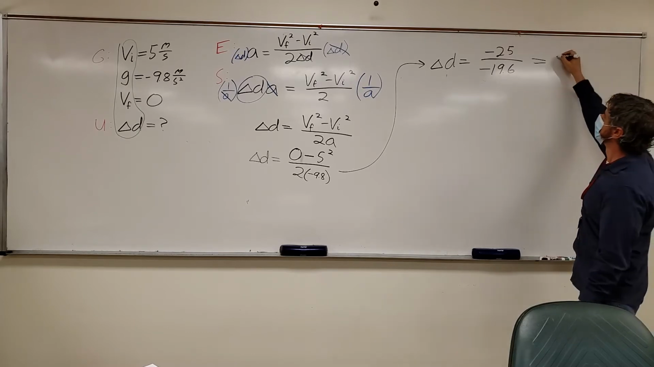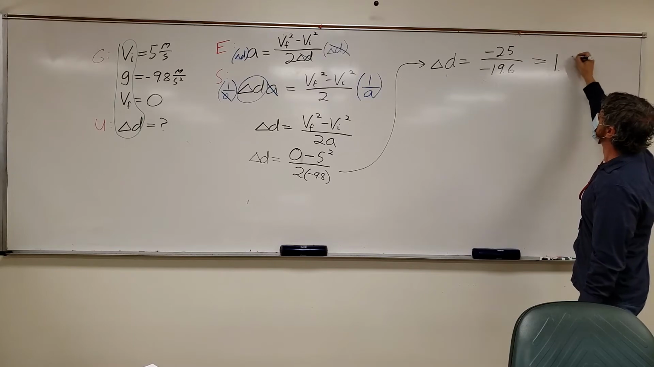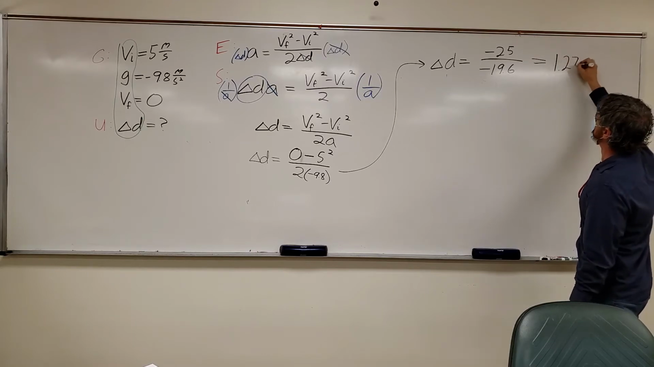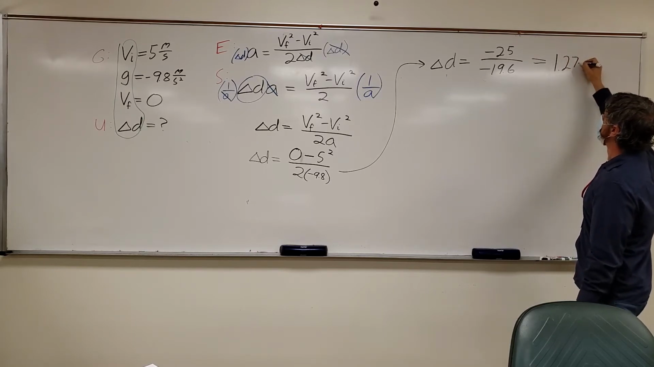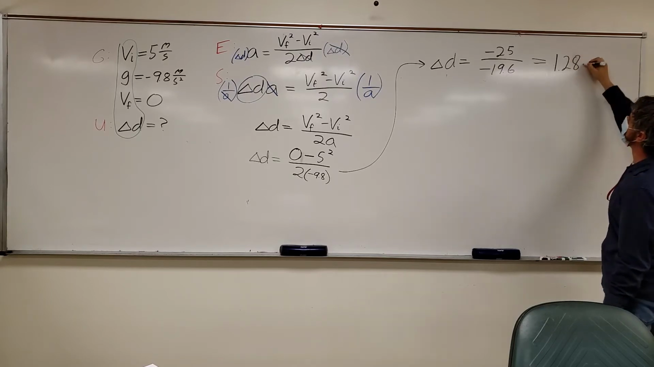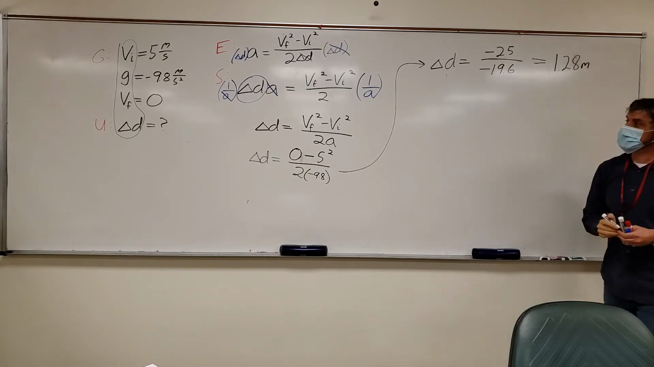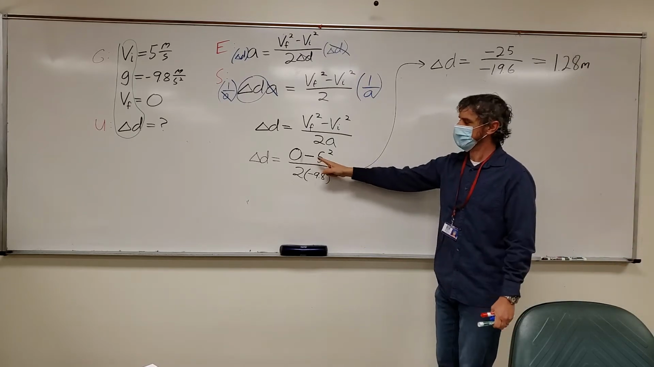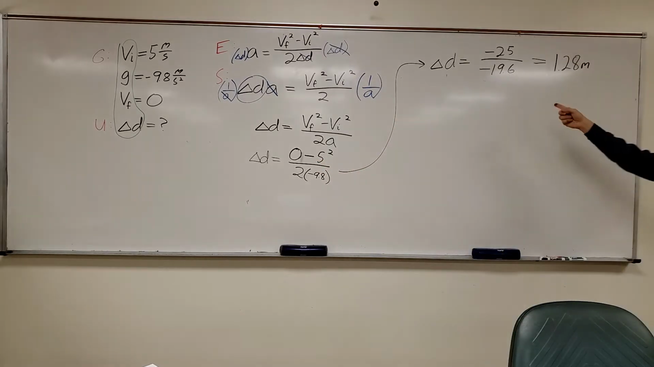Positive 1.27. 1.2. Yeah, because you have to round it. Okay. Oh, 2.6? 2.8. 2.8. Gotcha. So 1.28 meters. Notice if you had had a negative here, then you would get a displacement of negative